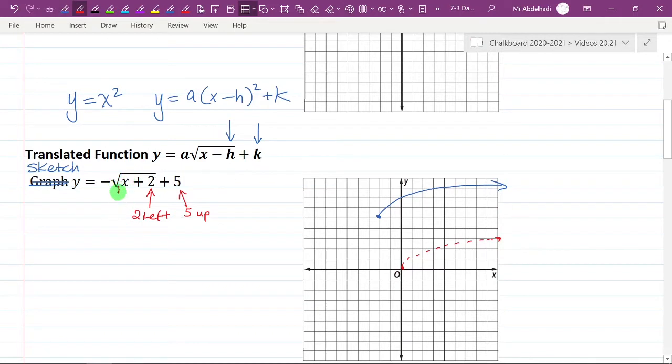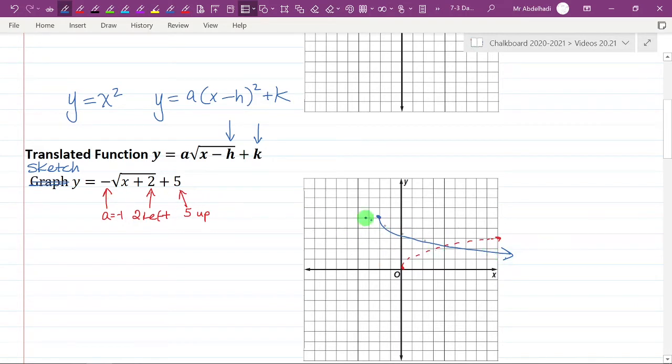However, there's also a what here? There's also a negative here. Your a is a -1, right? Which means you're not going up, you're going this way. You're the upside down version of that shape. And there you go. So there's the parent function as a red dotted line, and there's the actual sketch of